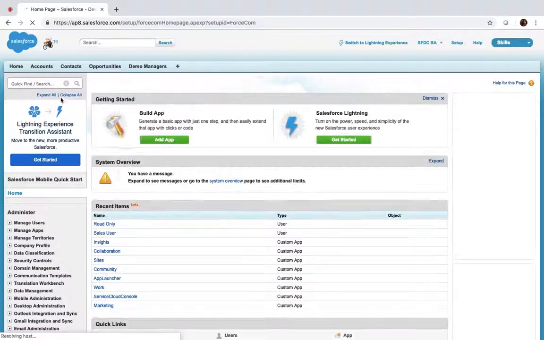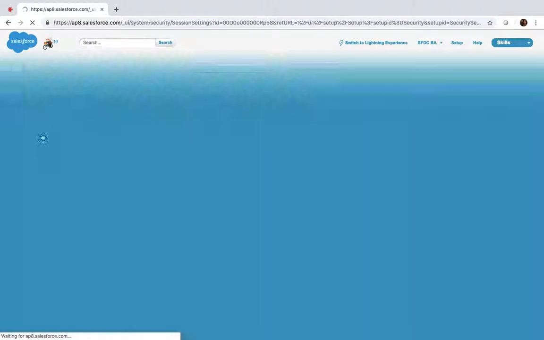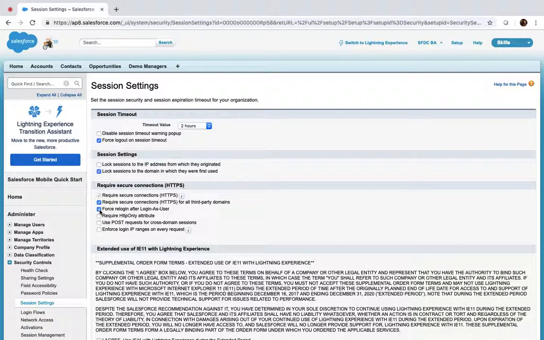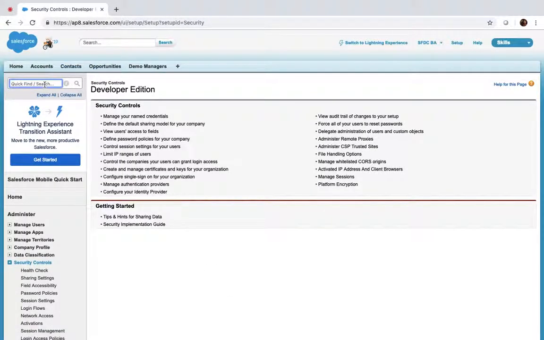Remind me later. And now you need to go to session settings, and you need to uncheck force re-login after login as user. So once you uncheck and save it, even if I log in and log out,